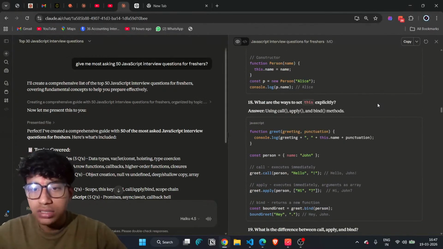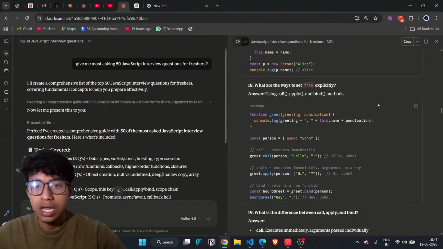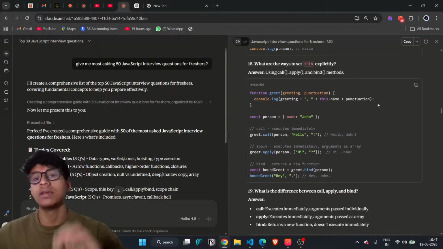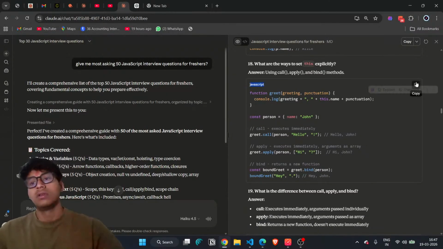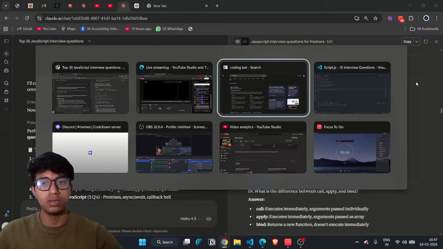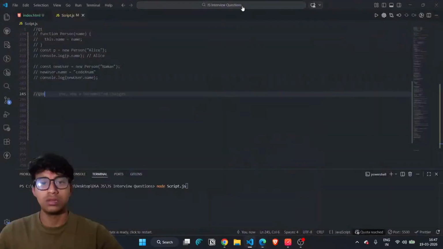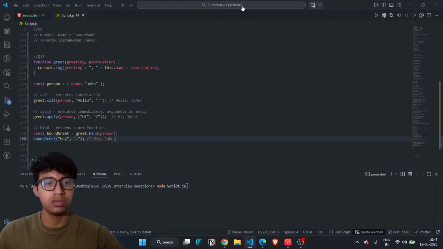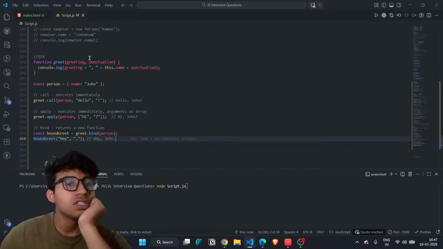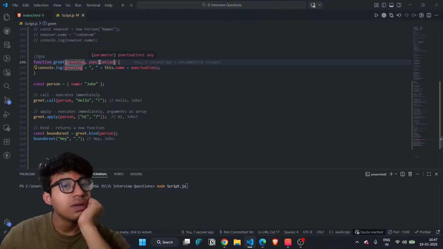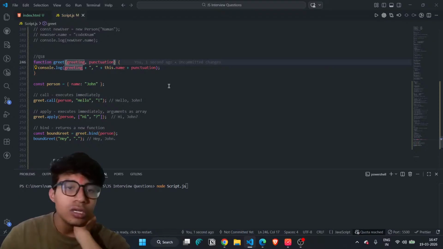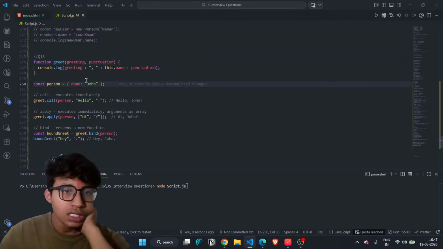What are the ways to see this explicitly? ठीक है, explicitly answer is using call, apply and bind method. function greeting and punctuation console.log greeting plus में comma this name dot punctuation, ठीक है, and